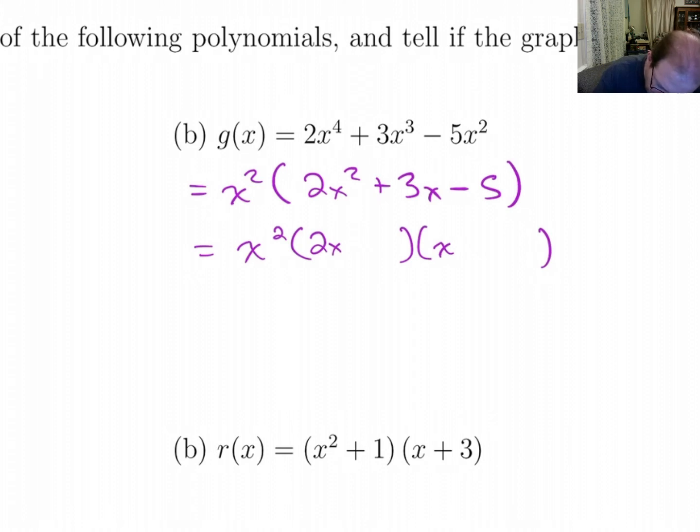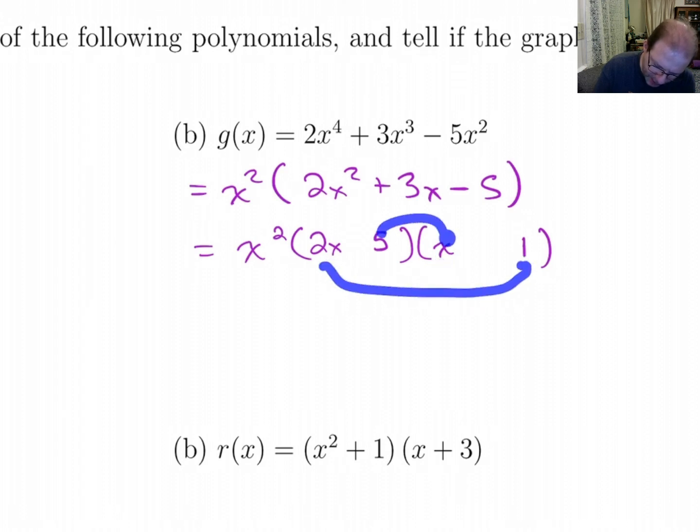If I put the 5 here and the 1 there, when I multiply it out, I'll get 2x squared, but that'll be 2x, and that's 5x. So if I make it 5x minus 2x,